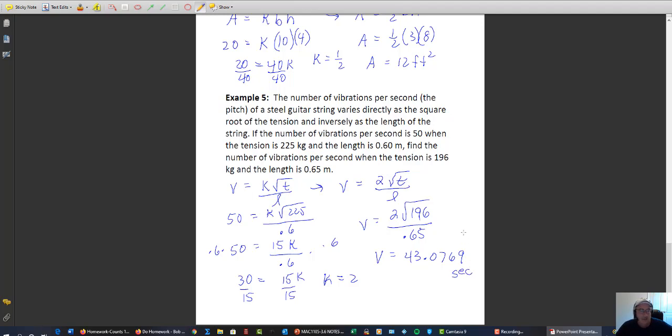Now you have to be a little bit careful in the homework. Sometimes they'll say round this to 2 places, 3 places, nearest tenth, whatever. So you're going to have to be careful on your rounding skills. But other than that, I am going to say this concludes the